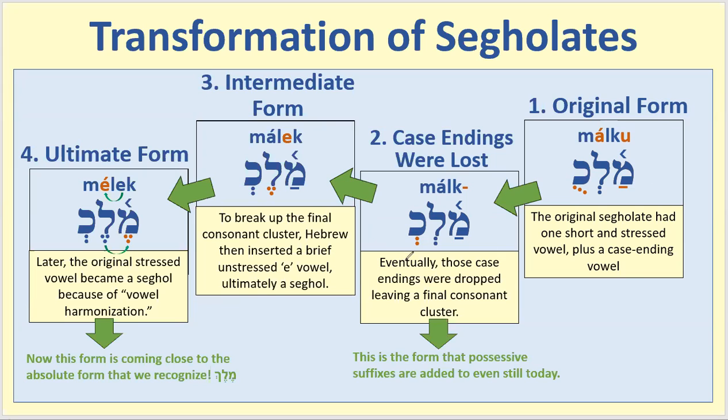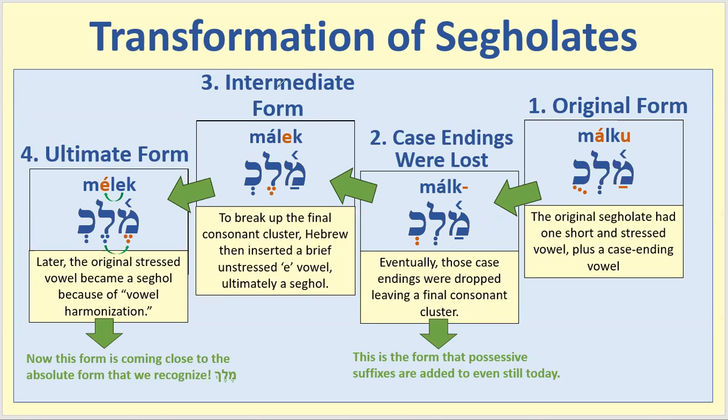Then the case endings were lost in Hebrew, so now we end up with something like malk. So it leaves a consonant cluster on the end of the word, like this lamed and kaf here, which is a little bit difficult to pronounce. Because it's difficult to pronounce, Hebrew added a little vowel in between those two consonants,